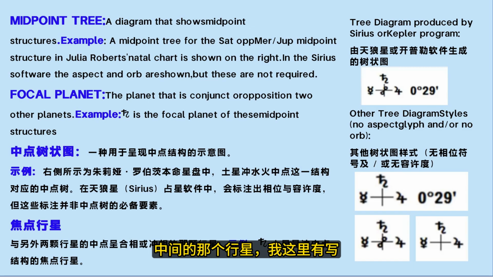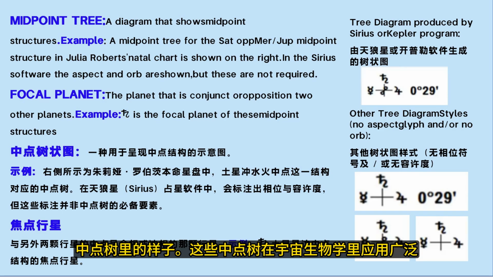The planet in the middle, I have this right on the screen, the planet that's at the midpoint, we call the focal planet. That's the planet that is conjunct or opposition to other planets. So what is the focal planet in this midpoint structure? It's Saturn. Very simple. So Saturn is the focal planet of the midpoint structure, and that's what it looks like